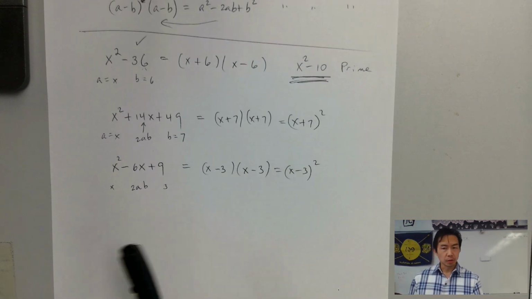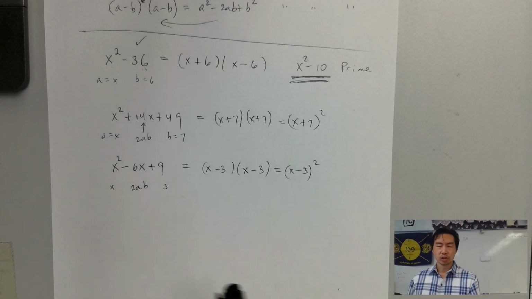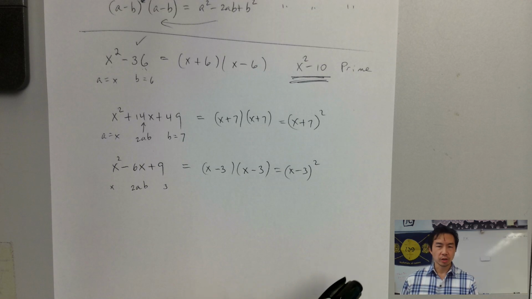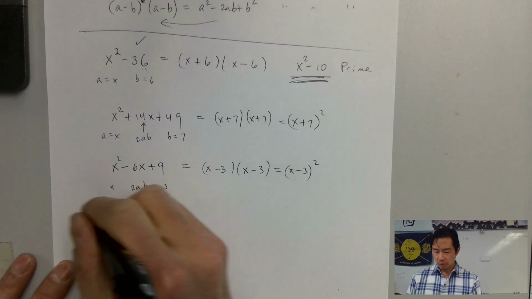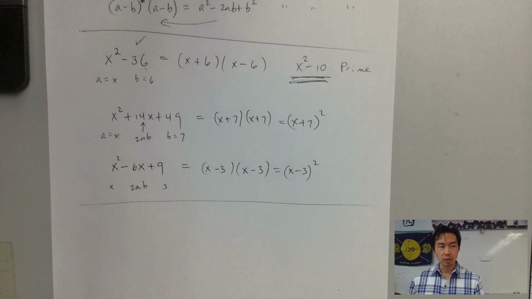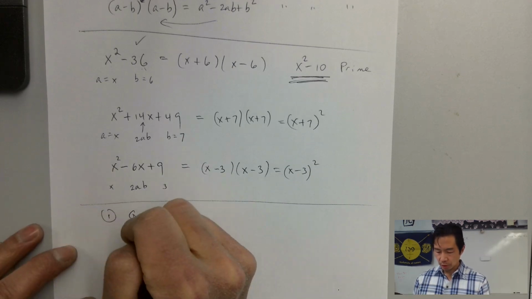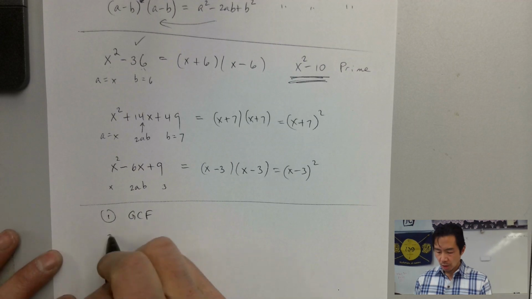Okay, the last thing I want to do is combine one of these patterns with GCF factoring. So when you have two different types of factoring involved in a polynomial, it's wiser to first do the GCF factoring. So if you see a trinomial or a binomial, first take out the GCF. So first priority, always take out the GCF. Then